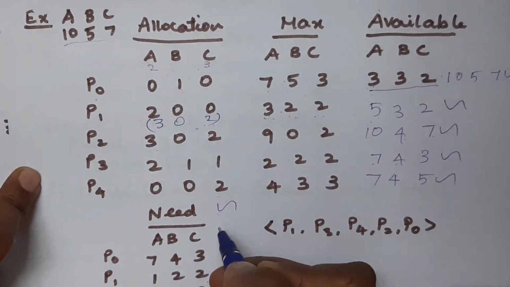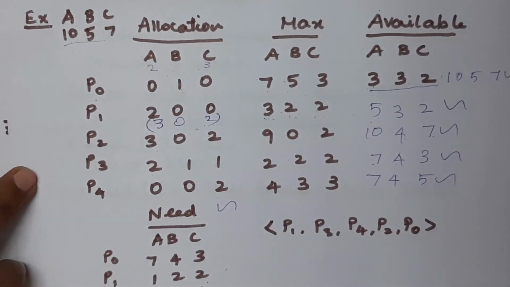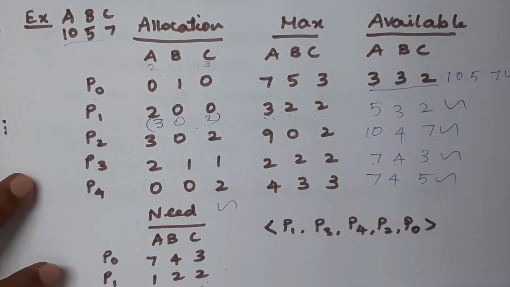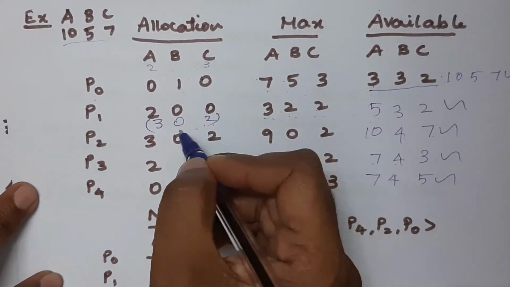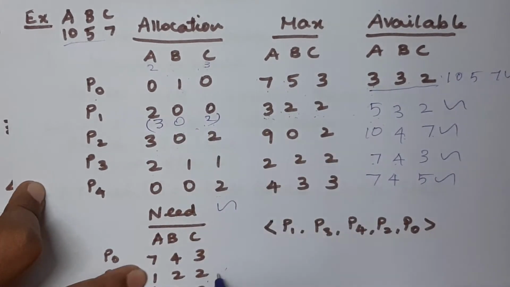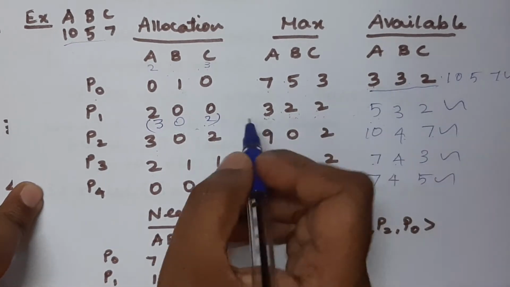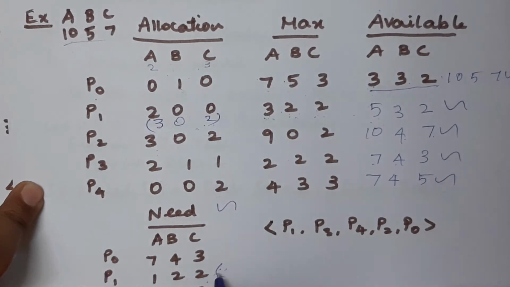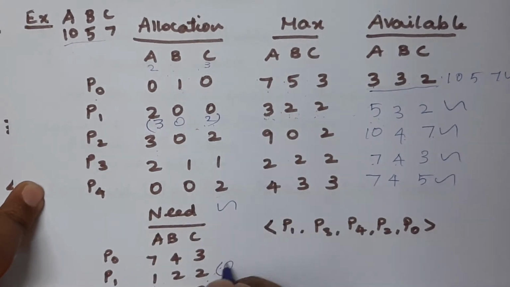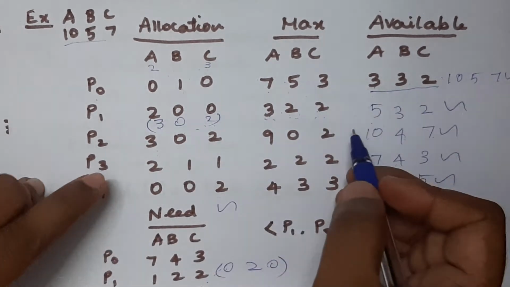It is less than or equal to need value. If the request is made once again, then after the allocation of all these, your need value will be changed. So it will be changed to 3 minus 3, that is 0, isn't it? And 2 minus 0, that is 2, and 2 minus 2, that is 0. So need value will be changed according to this request.